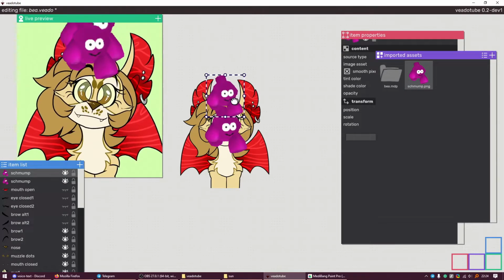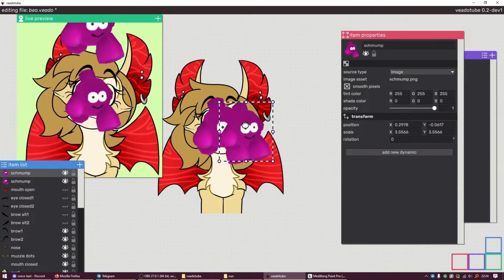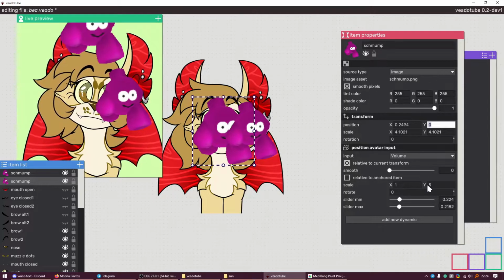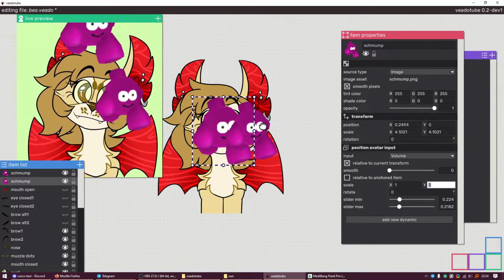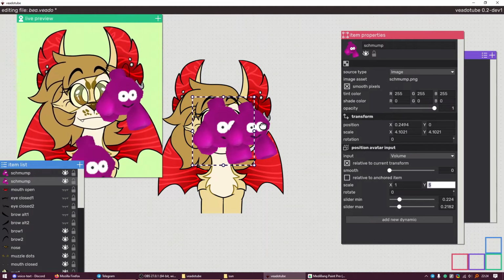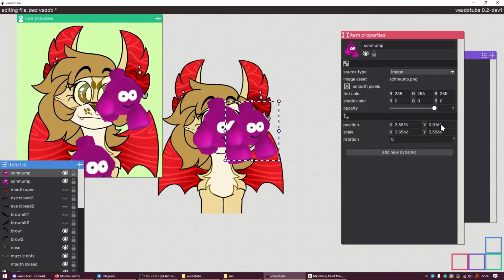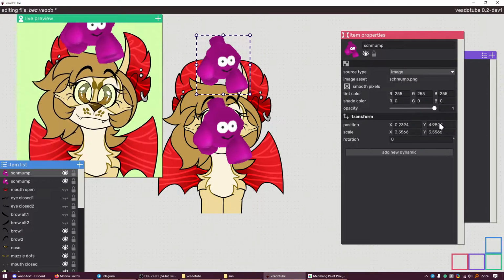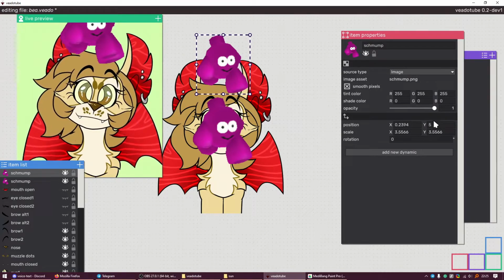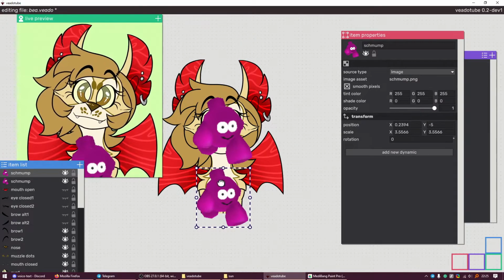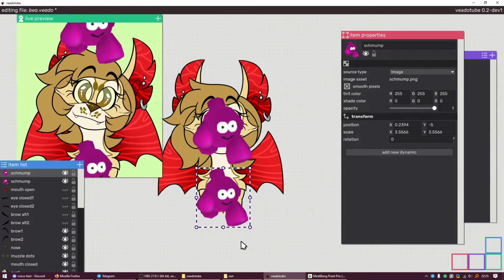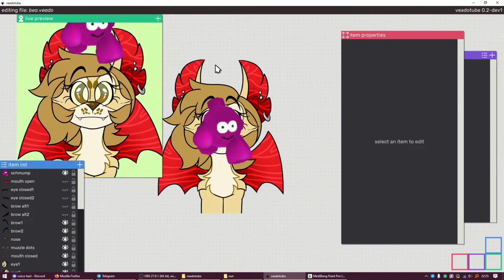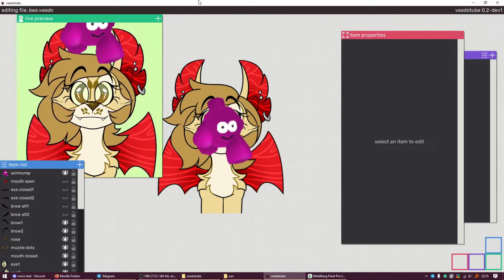Okay, I'm gonna add a separate shmump here just for a test. This original shmump is at its position in Y is 0 and its scale is 5. So we're gonna do a little bit of maths here just so we can align things properly. If I put this one at position 5, it will coincide with the position that the other one is going because of the scale. And if I put it at -5, it will coincide with the position that the other one is going when the mic is off. So we can sort of use that to do microphone effects. If we make two mouths in here, one is up, one is down, we'll make them move up and down.